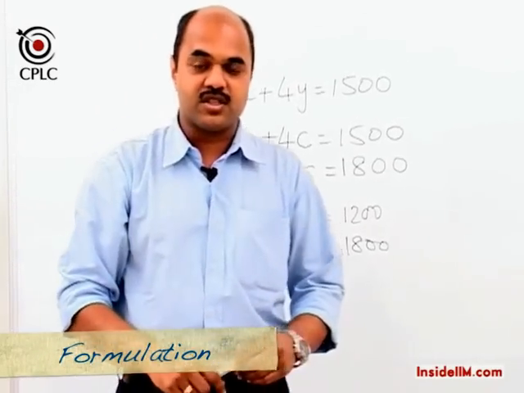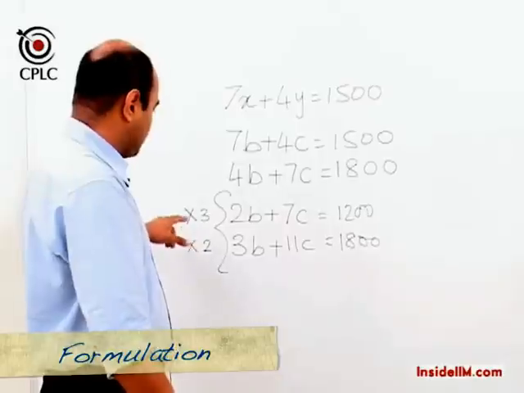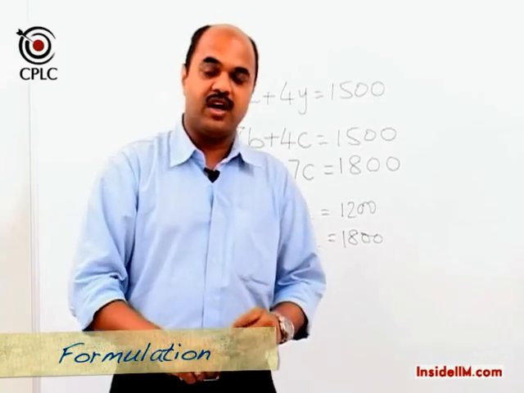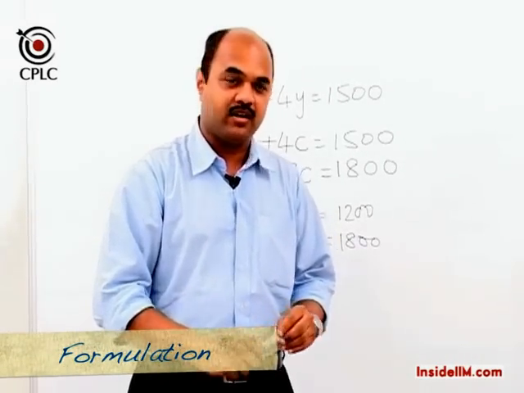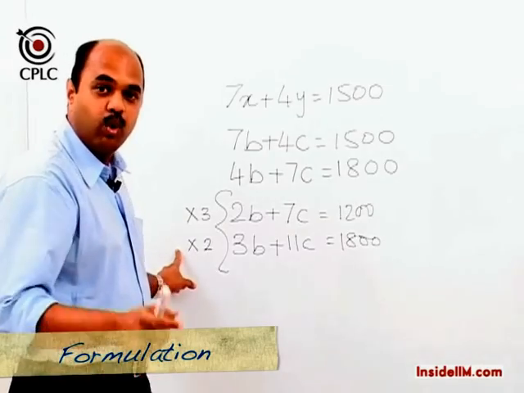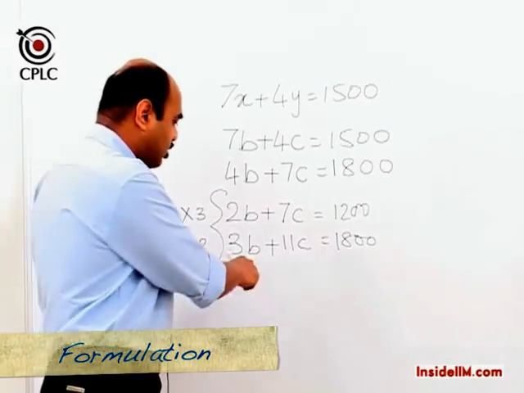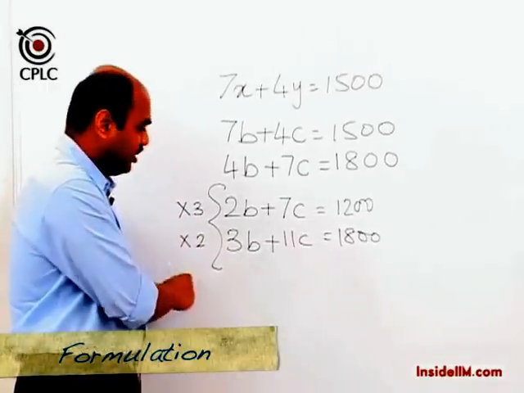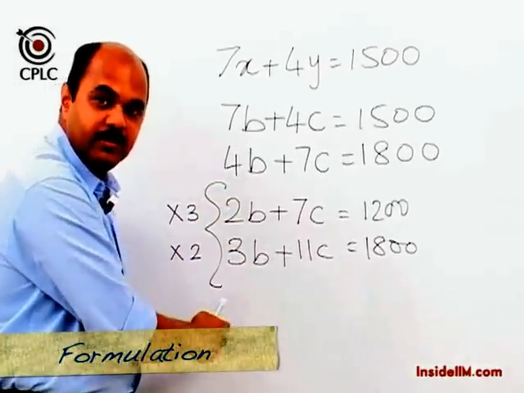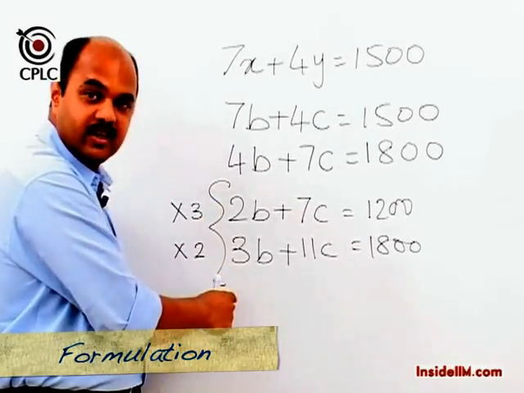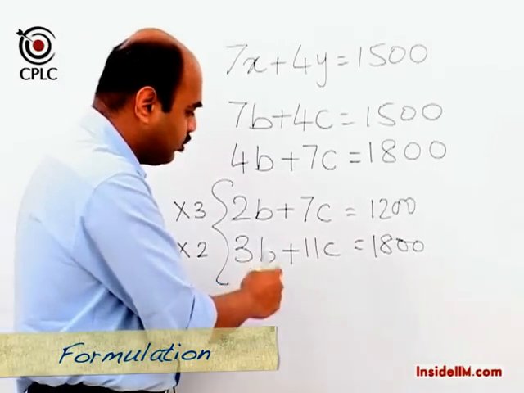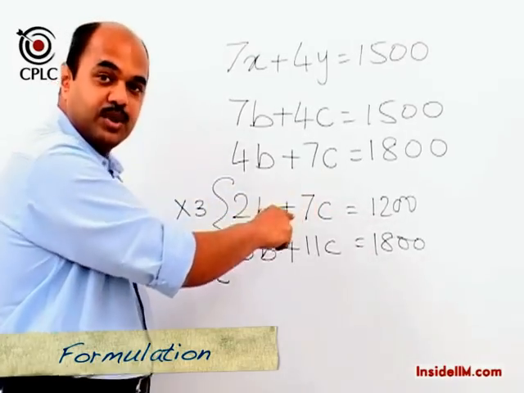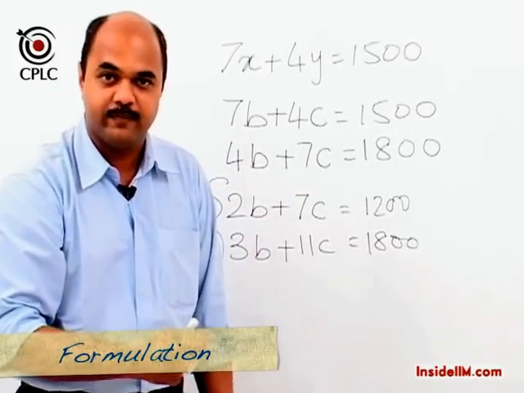When this question is asked, the standard response is because it is simpler to calculate using 3 and 2. My question now is, yes, it is simpler to calculate using 3 and 2, but what if the question asked is the value of B? By multiplying by 3 and 2, what are we actually doing? We are eliminating the variable B. And if we eliminate the variable B, then our solution would first involve calculating the value of C and then substituting C in the given equation and then calculating the value of B.